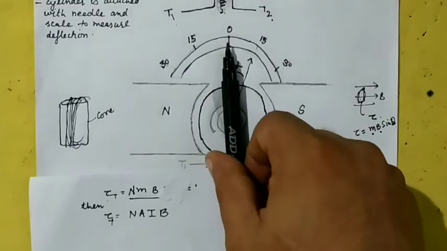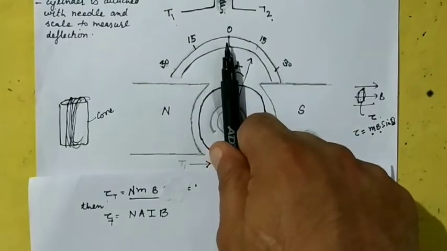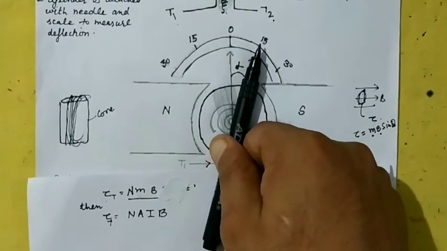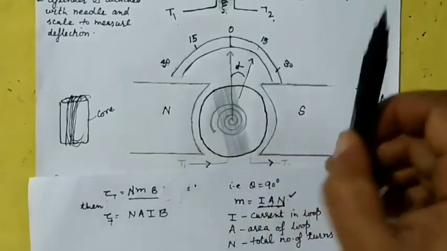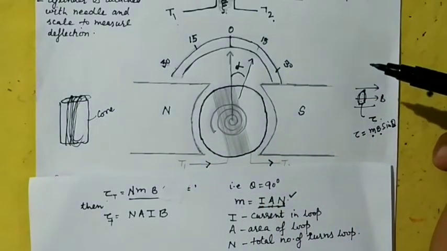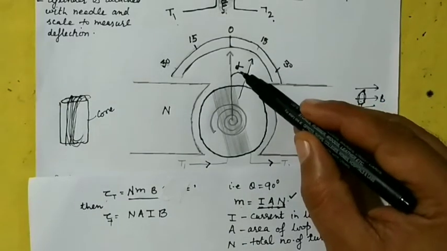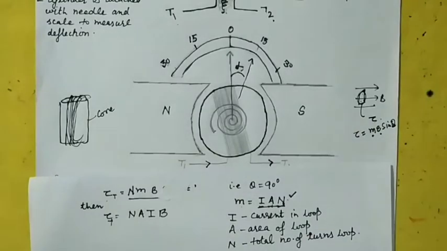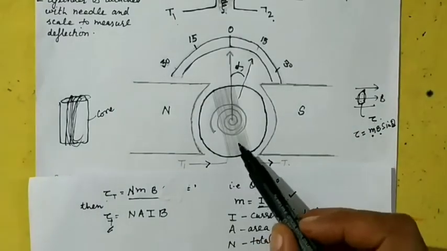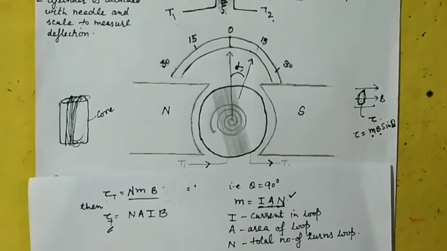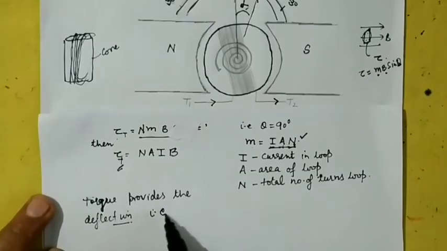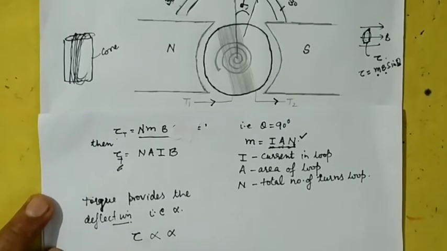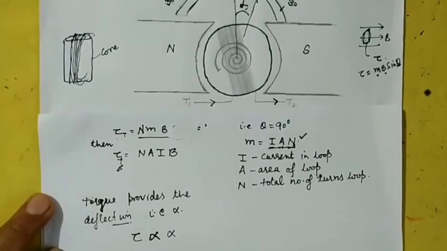So as a result, this needle which is affixed with this cylinder will also rotate. As it rotates, suppose it gets deflected by an angle of alpha. The magnitude of this angle depends upon how much torque is experienced by this cylinder. So we can say that the torque produced is alpha. Now from here you can say that torque is directly proportional to alpha, that is the angle. So this is our proportionality sign and this is your angle alpha.